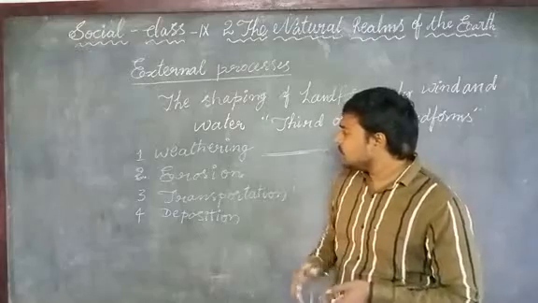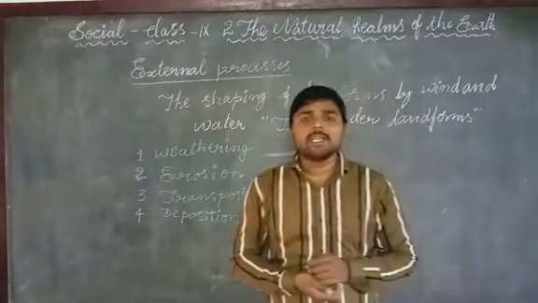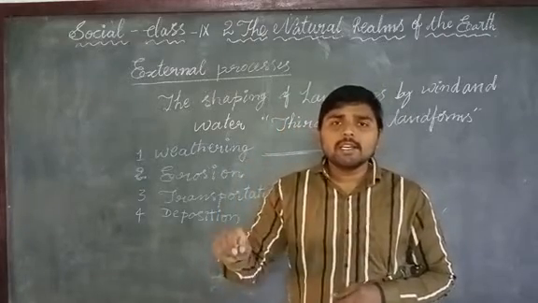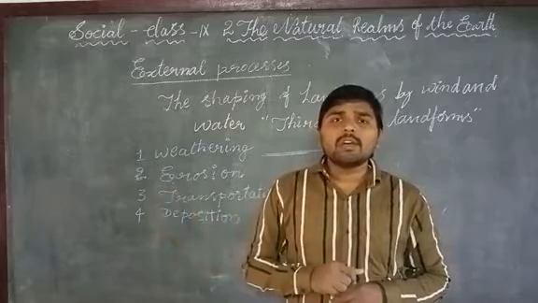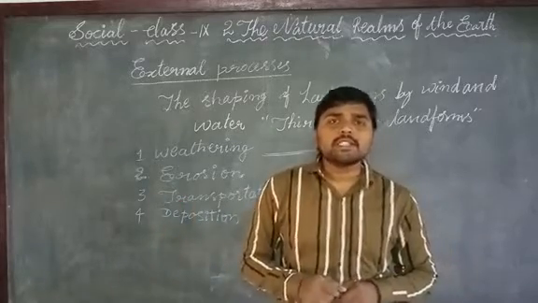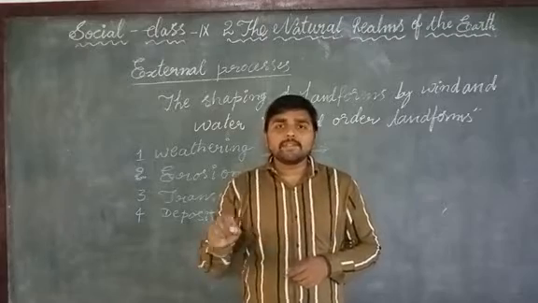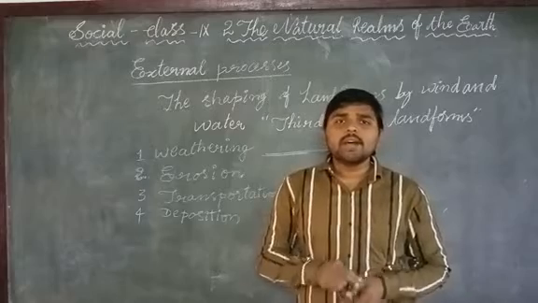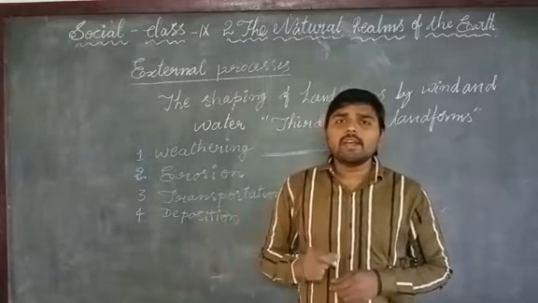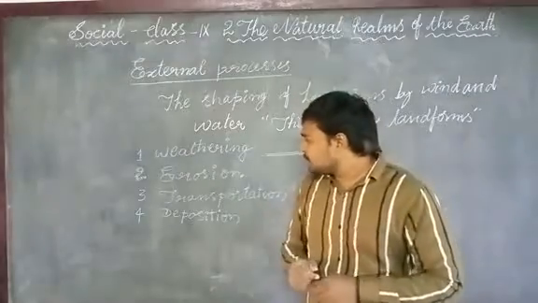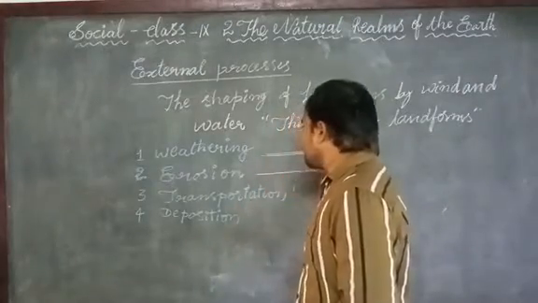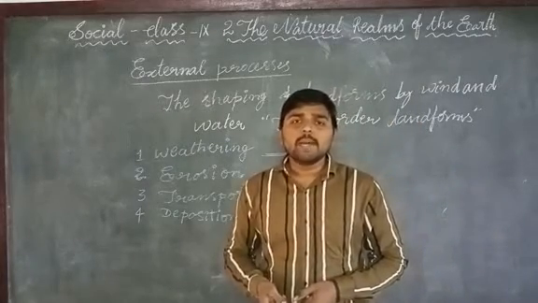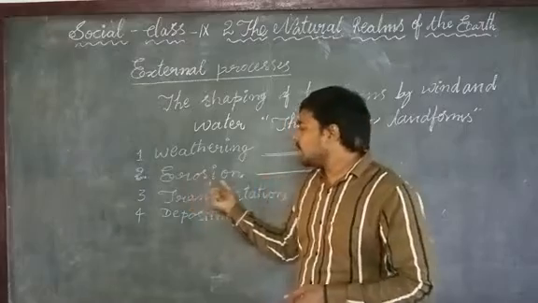Now let us see erosion. Whenever there is heavy rainfall, the top layer of the surface will be eroded along with the stream flow of water. We can see generally in monsoon season, the top layer of soil will be eroded along with the stream flow of water. This removal of the top layer of soil during the rainy season is called erosion.